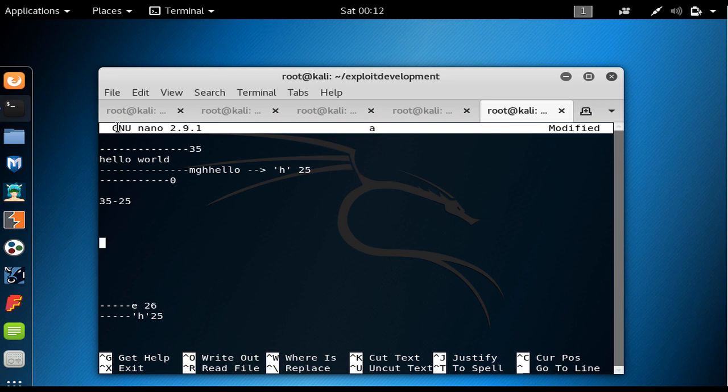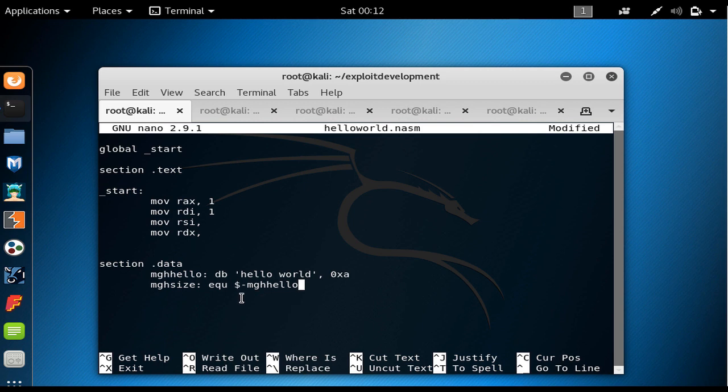So what we have done in here is the same thing. We said that the current address minus the msg hello, which is pointing to the starting address of H, would give us the size of the hello world. So now that we have calculated, or we have our data and also the size,